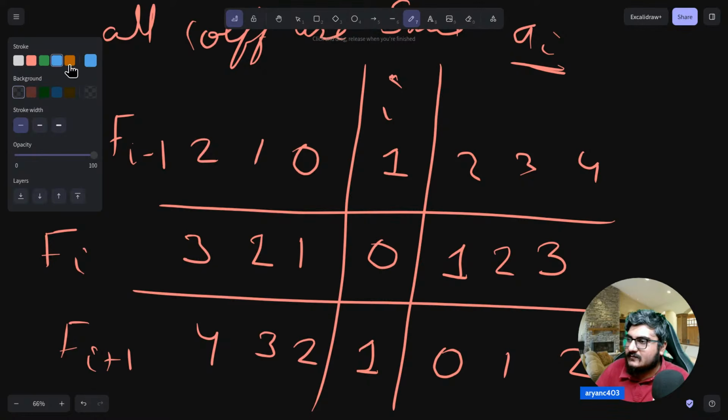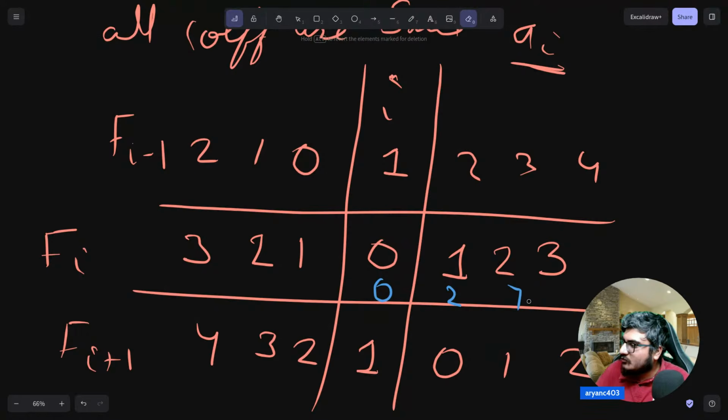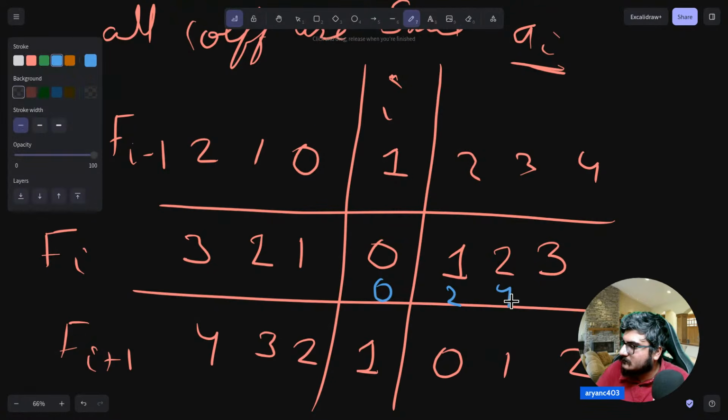And you can notice that 2 times of this will become 0, 2, 4, 6 and so on. 2, 4, 6 and so on. And this element is essentially equal to the sum of these two. 4 is the sum of these two, 6 is the sum of these two, same on this side. So essentially, if you look at,